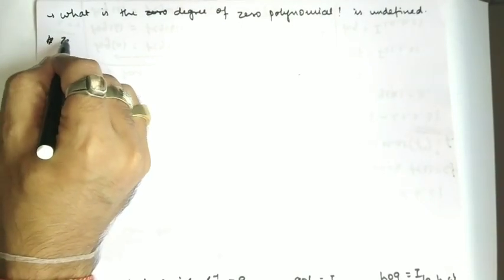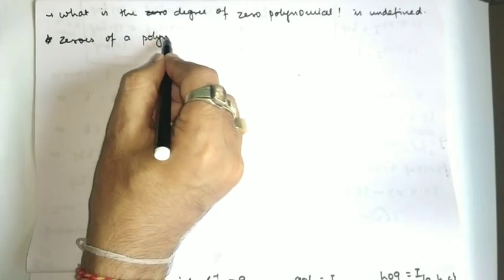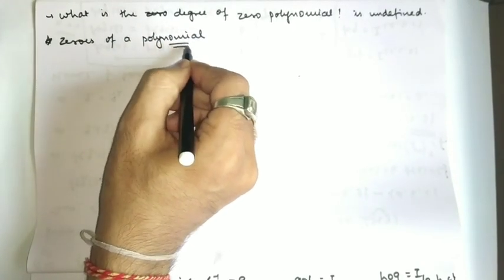Now, the topic we are going to cover in today's class is called zeros of a polynomial. Topic name is zeros of a polynomial. But before we get into the zeros of a polynomial, what I want you to understand is how can we find the value of a certain polynomial. Correct? And if the value becomes 0, then we will see how we can convert that into a zero of a polynomial.